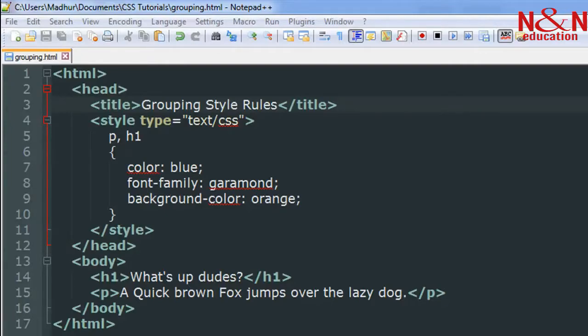This is the sixth tutorial in the series of tutorials on CSS, and in this tutorial I have created a document called grouping.html in my text editor Notepad++, and through this document I'm going to show you how you can apply the same set of rules to two elements in HTML, and you could apply it to as many as you want. In this case we have applied three rules to the paragraph element as well as the h1 level